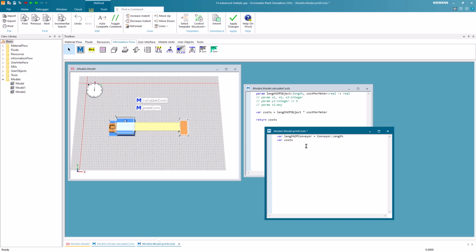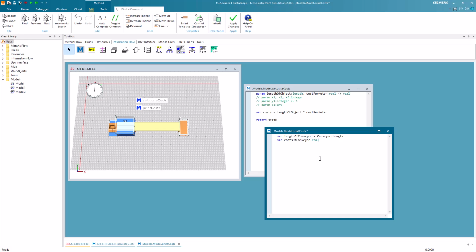The difference between declaring a variable and initializing it is that in the declaration, we only define the name and the data type of the variable. When we initialize a variable, we assign a value to it. You can use declarations to avoid incorrect assignments of data types. Since we assign the data type real to the variable, an error would occur if a different data type were assigned to this variable later in the code.